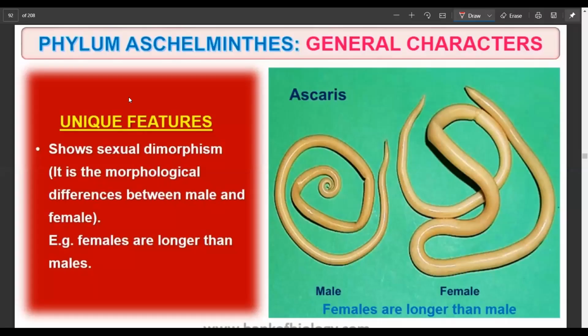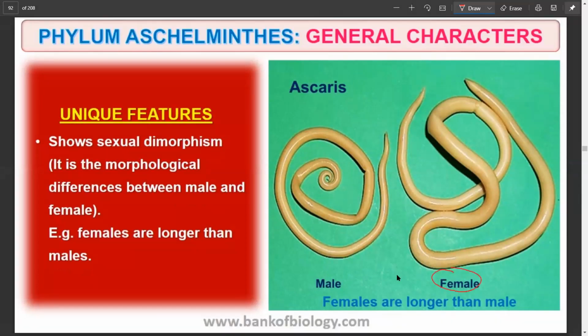So as I was saying here, the male and female exhibit sexual dimorphism. That is, morphologically also, the male and the females are different in the sense that here what you see in Ascaris is the female is slightly longer, slightly bigger than the male. So even when we see it in the laboratory, when you compare the male and female, typically the female is going to be much larger. So you can compare male and female, basically without any labelings, and identify that the male is smaller and the female is larger.